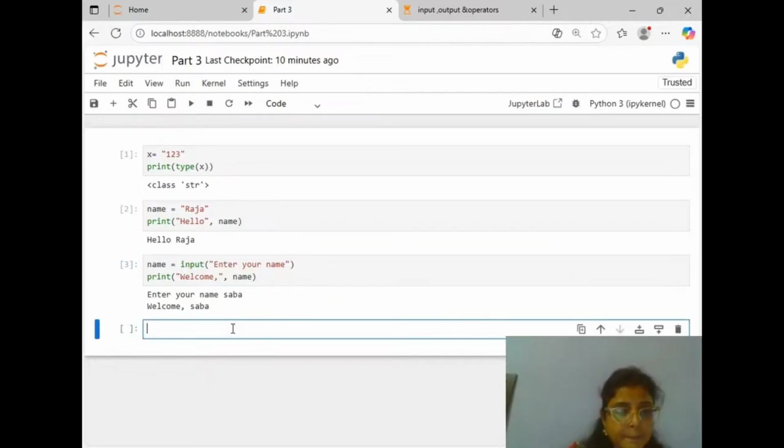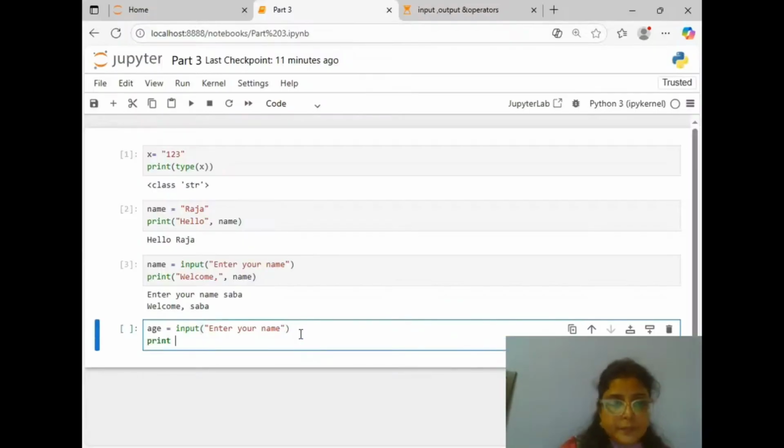So if I say age is equal to input, enter your age, print age plus 5.